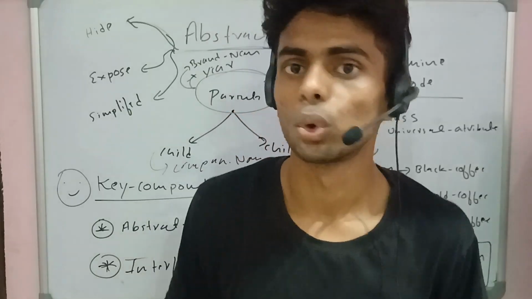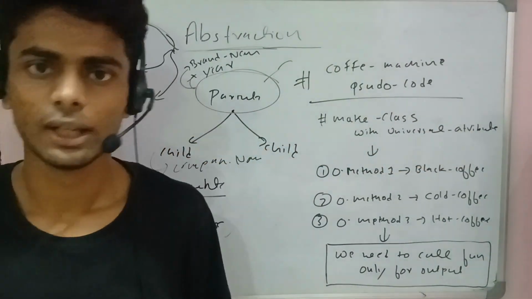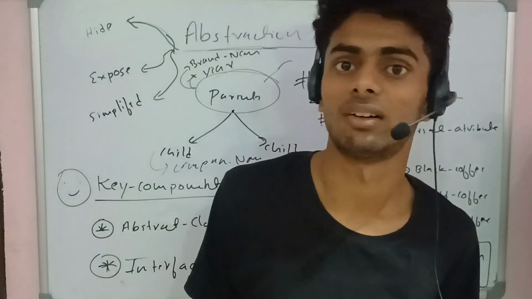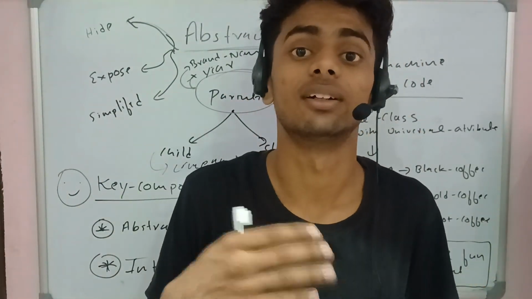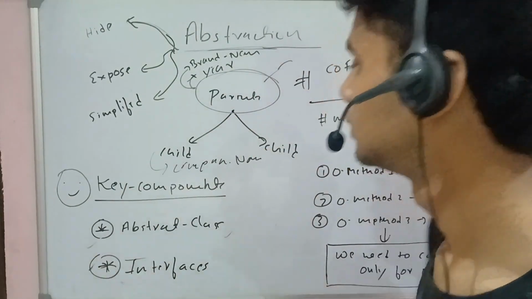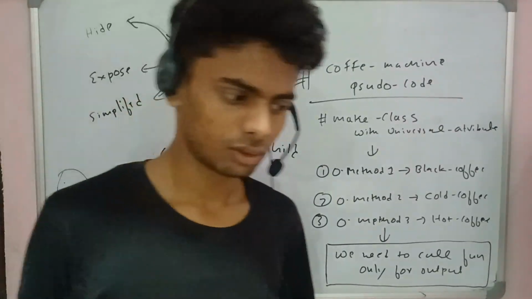So that's the basic thing abstract class is all about. Interface is all about a simple unified interface, a simple interface the user can interact with in a friendly way without any backend difficulties. So that's all about interface and abstract class, and those are the key components here. Okay, let's come to the important parts.